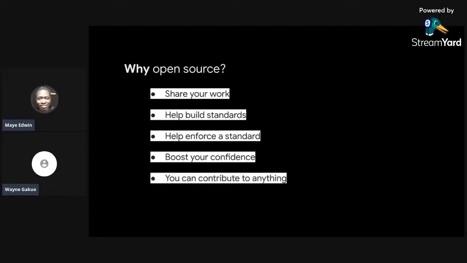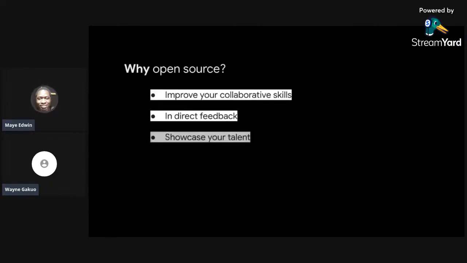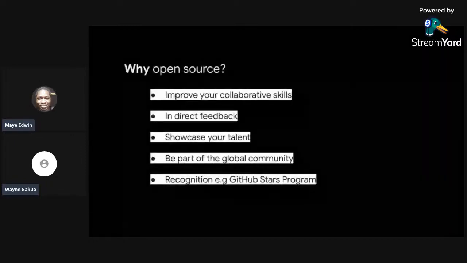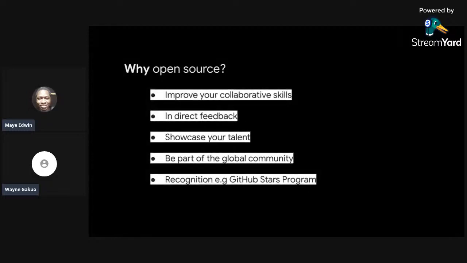Another thing is you can contribute to anything. Yeah, so from all those ways I was talking about how you can contribute, so long as the source code is open, then you can actually contribute anything towards it, so long as it makes sense and it is within the guidelines that open source code is built on. Yeah. Another one is